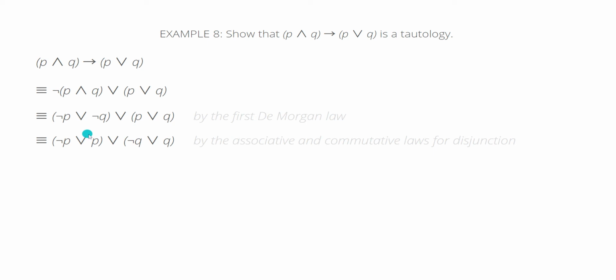What we have done is give up all these brackets, and then rearranged P and negation of P inside one bracket and Q and negation of Q inside another bracket. Now P or not P is true, which we knew from our previous example, and Q or negation of Q is also true, which we also knew from